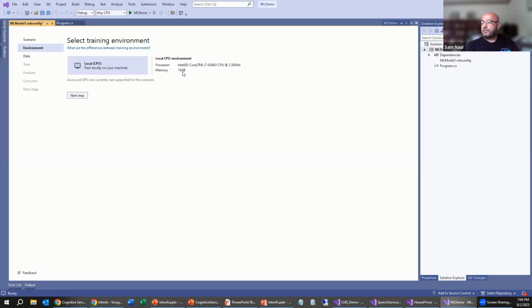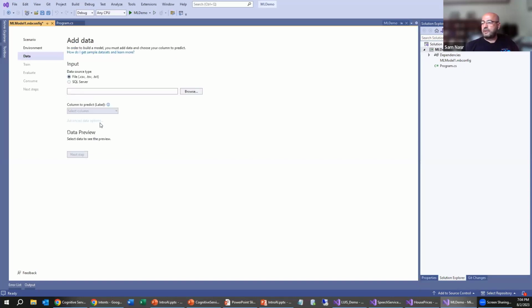Now it's giving me an overview of my local CPU environment. We'll go ahead and click next. Now it's time to select my data. I am going to be getting the data from a file as opposed to the other option, which is SQL Server.